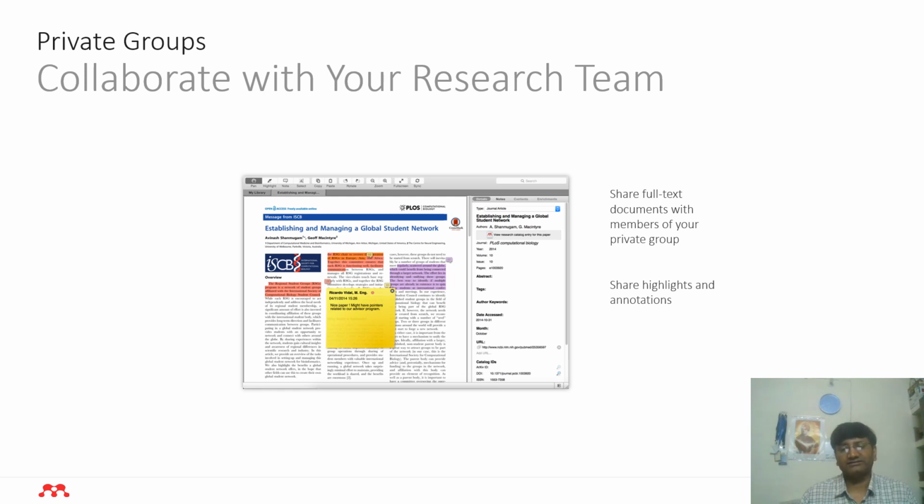No one else can have access to these things. So it is a very private group, and each group member is assigned a different color for highlights. So say I have this color, another person has another color, so we can know who highlighted what part and how we are going to use that reference in our upcoming project or in a review or some article.